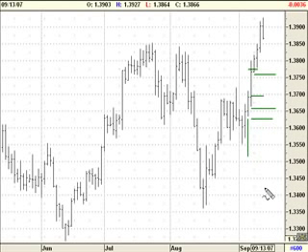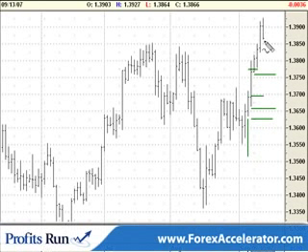Checking back in now on the Euro-US dollar pair trade. This is the end of the daily session on 9/13, Thursday. And you can see the market traded a bit higher here, made a new high for this run, and then reversed and closed lower. So that may be telling us that this move up is running out of steam, but